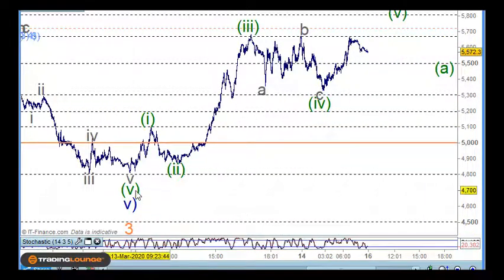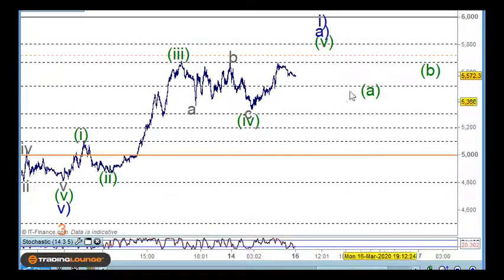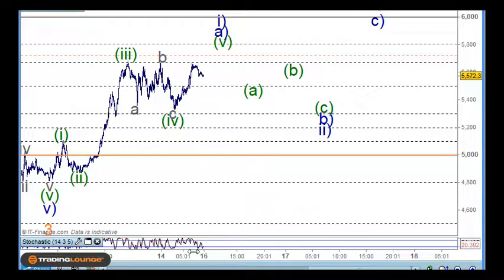So from the low here, we can count 5 waves up here, perfect wave 2, perfect, and wave 3 here, nice and long and strong as wave 3 here. A beautiful little A, B, and C here for the B wave, and 1 and 2 and 3 and 4 and 5 for the C wave here for wave 4. And now we're pushing up for wave 5 here. So wave 5 is either wave A here or wave 1 here. I don't know that just yet, but the thing is that once this finishes in here, so we'll see a